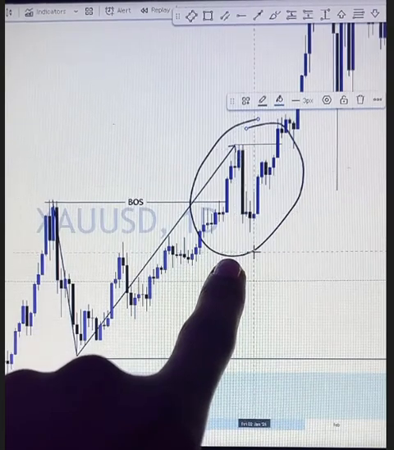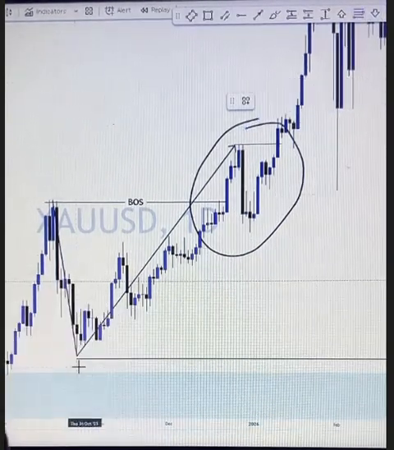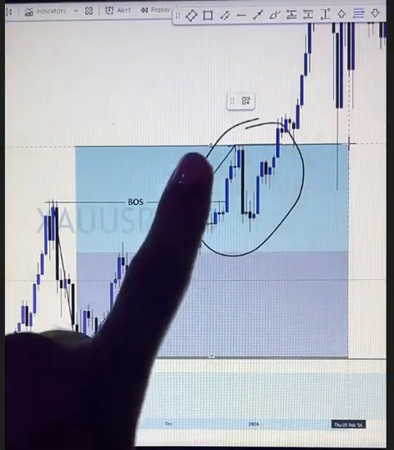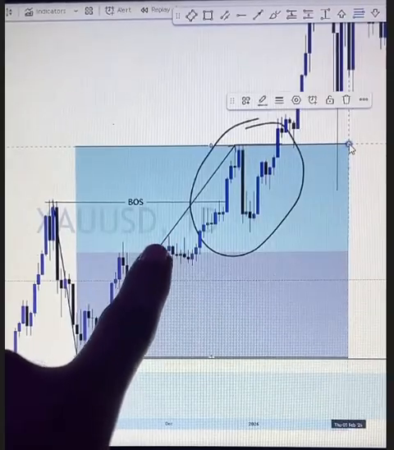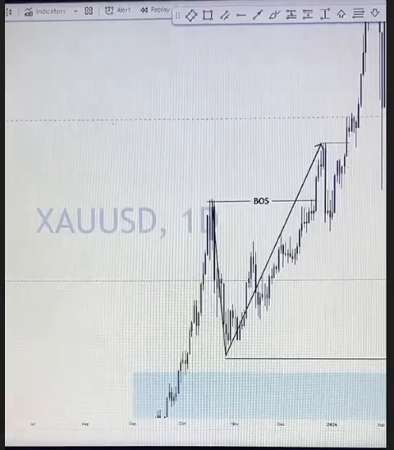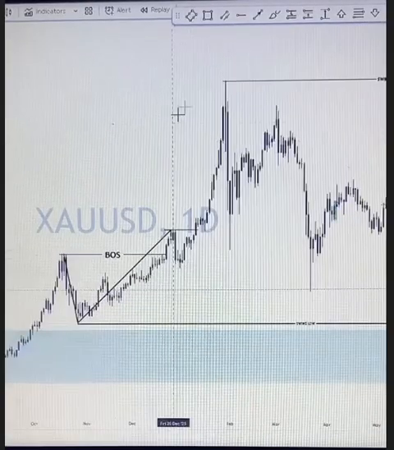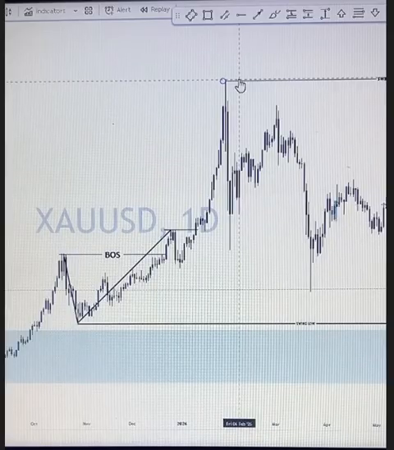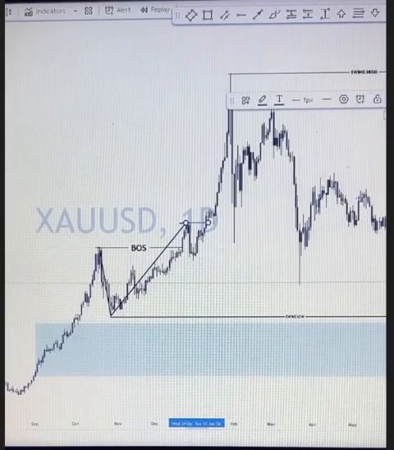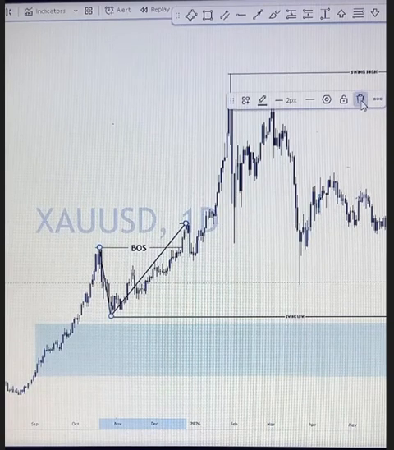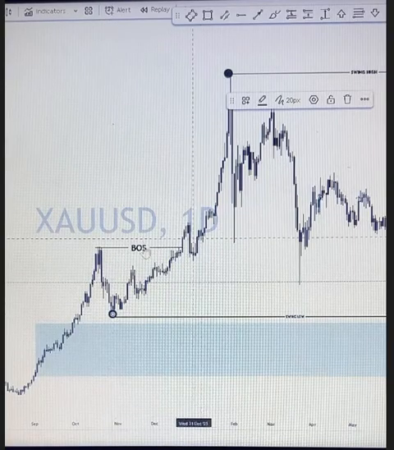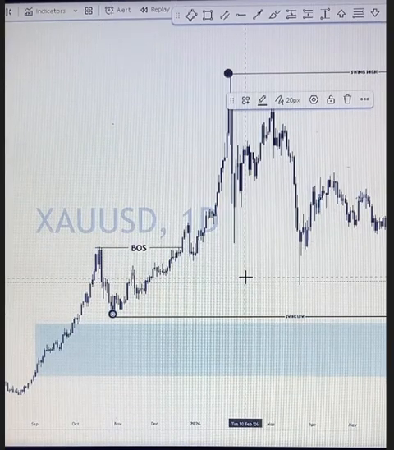It doesn't give us a 3 candle pullback, and it didn't give us up to 50% retracement. Are you seeing it? Based on this, we cannot accept this as our pullback. So we look for the next swing high, which is this high right here. What this means is that this is our new high, this is our new low, and this is our breakout.